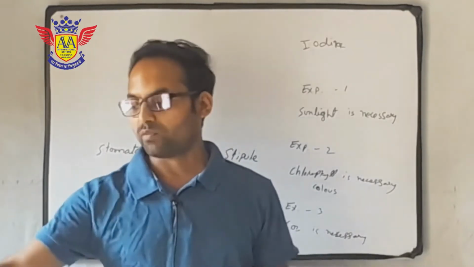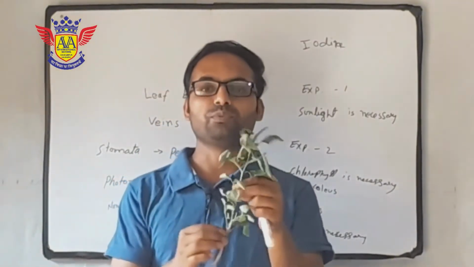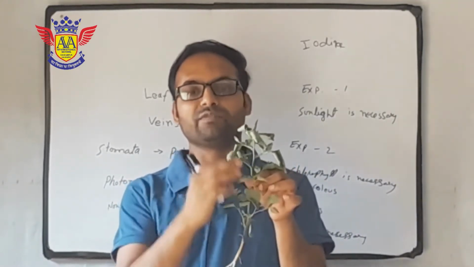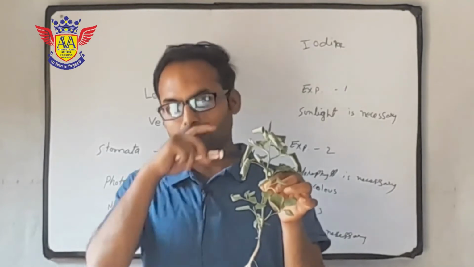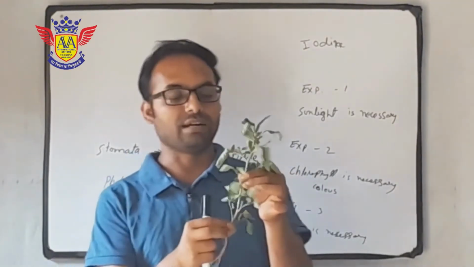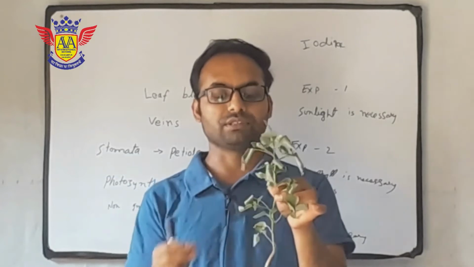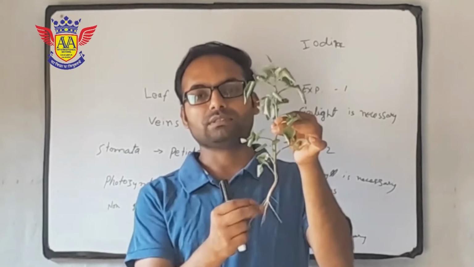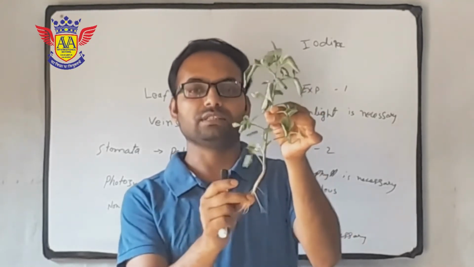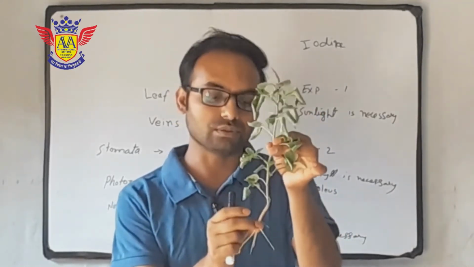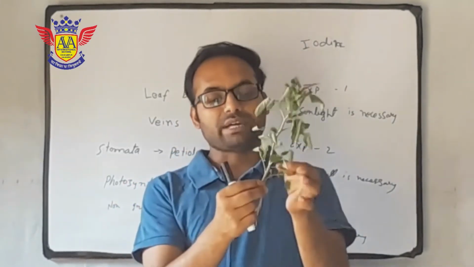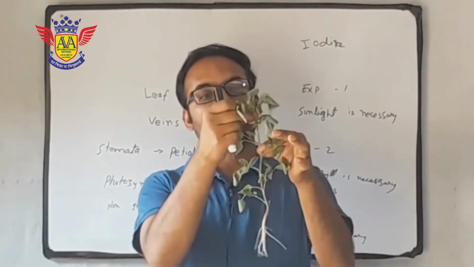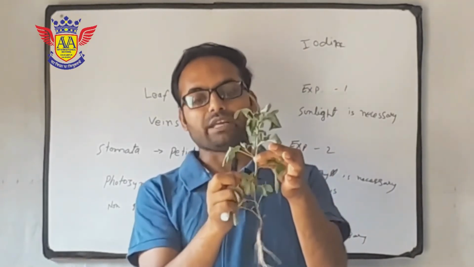Just hold on. I have one plant, and in your book you will have the structure of a plant with different parts. We will name the different parts of the plant according to their position. The below part of the plant is the root. You can see this root in your book also. Then upside the root, the greenery part starting from the root and going upward is called the stem.